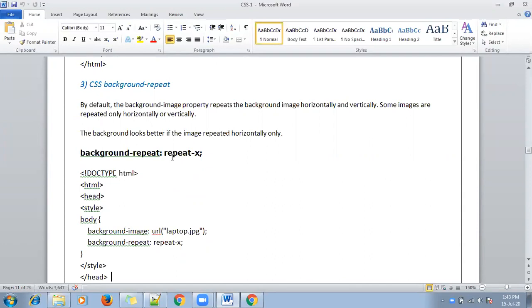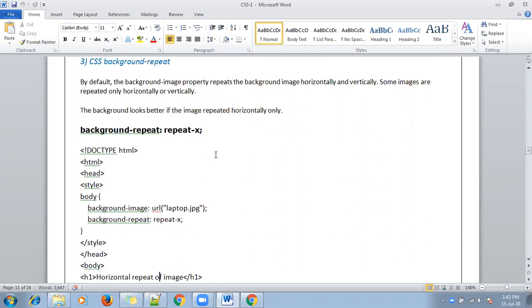By default, the background image property repeats the background image both horizontally and vertically, but by using this property we can set our background image to repeat either horizontally or vertically.